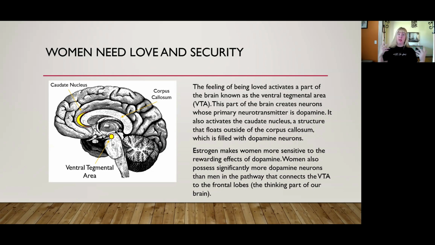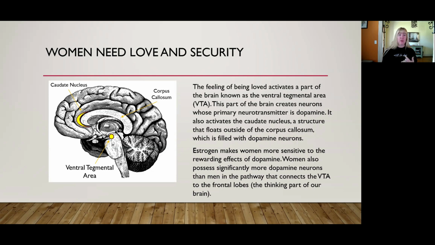This is also how she feels loved. Now, factor in that the part of the brain, the VTA, which is that little dot, also creates neurons whose primary neurotransmitter is dopamine. Dopamine is that feel-good, happy hit, that's what we love. Dopamine hits. So that's what we seek when we're happy, when we're excited, when something is fulfilling and satisfying, when something is meaningful. So the VTA creates those neurons whose primary neurotransmitter is dopamine, and it's responsible for activating